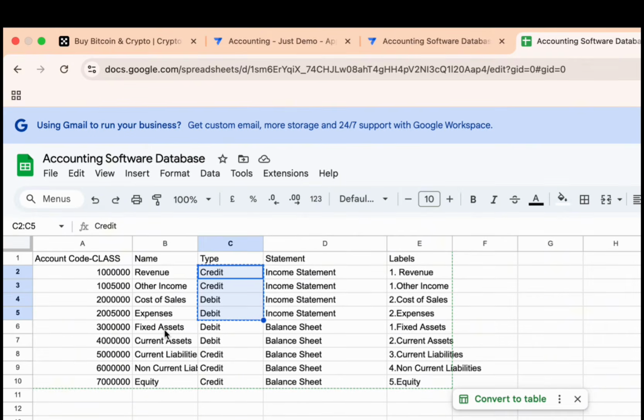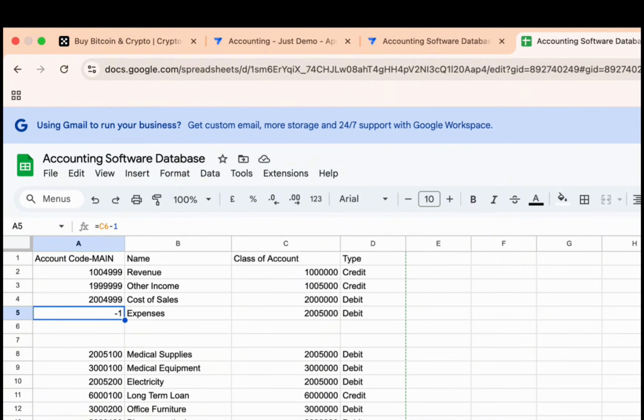After expense, it says fixed assets. Okay, so -1 of that will be 299,999, right? Good. We just want to make sure that these lines, these totals will be the very last item for each of these classes, right? Good. So for revenue, which is 1 million, the total revenue is going to be 1049999, basically. Good. And same for these ones.